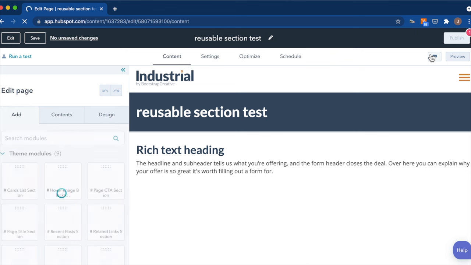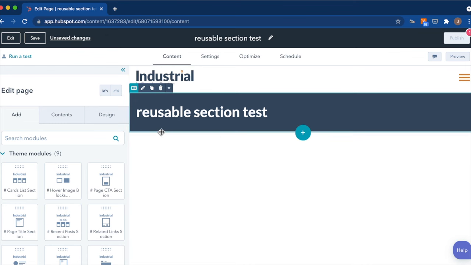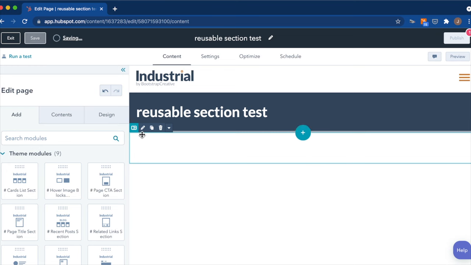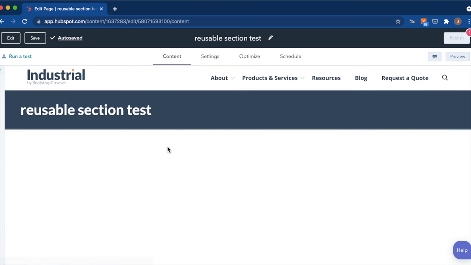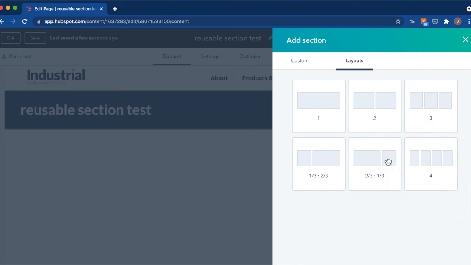So let's say I want to build my own layout. I don't want to start with a template that has an existing grid system and content in there. I just want to start from scratch. Using the one column template is a good place to start because I can delete this and start from scratch. But one thing that HubSpot recently added to their CMS is the ability to add reusable sections. So if you click on this plus button or icon, you'll get this panel here, and you can choose from different section layouts, and all these are essentially a grid system that you can add to your page, and you can add whatever you want inside these little columns.